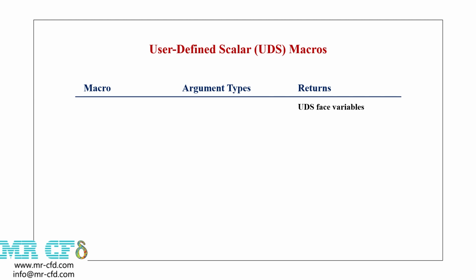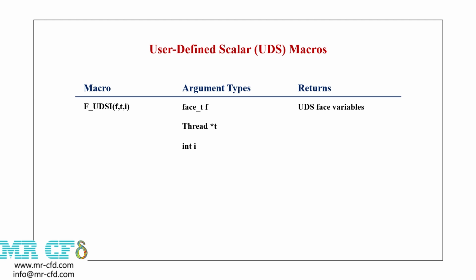For instance, the F_UDSI macro is used to access the value of surface variables calculated for user-defined scalar transport equations. This macro consists of three arguments. The first argument represents a variable f that receives data from each of the surfaces of a surface thread. The second argument is a pointer to the desired surface thread, and the third one is the counter or index